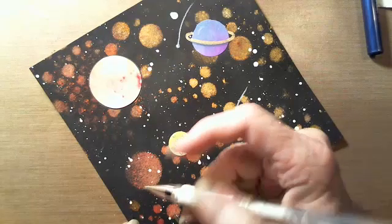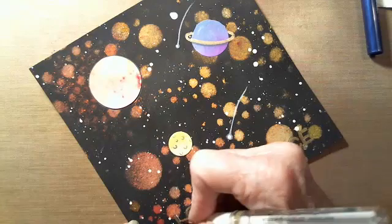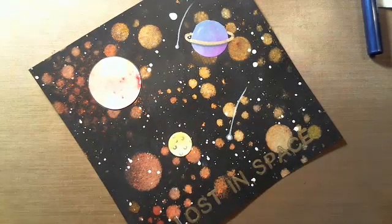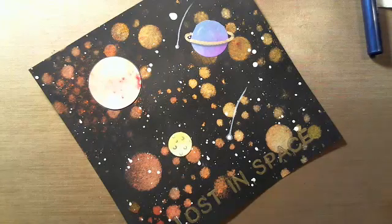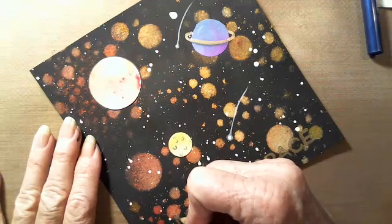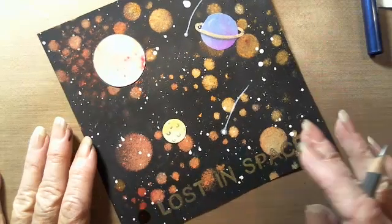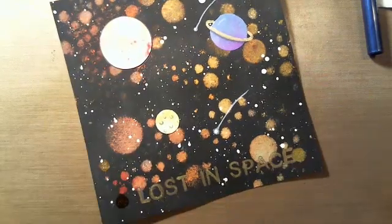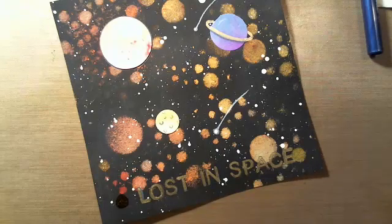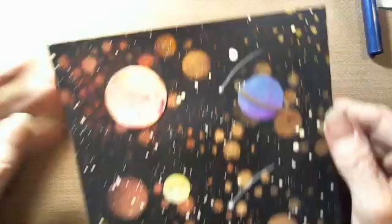If it's going to write, it may not even want to write on the acrylic paint. Yeah, it's not going to, so I'll just leave it. Where'd that gray pencil go? I'll just go ahead and cover it. Okay. Yeah, I'm not going to go around it in white because the white pen is not going to want to write on that acrylic, and I don't necessarily want to,